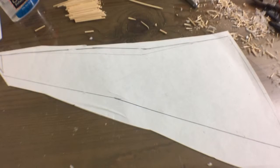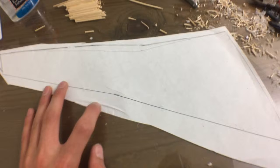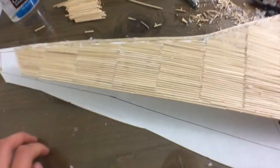Alright, so I have gotten a lot done. It might not look like it, but let me tell you, I've gotten a lot done. Now this is the outline. This is what the drawing looks like for the outline of the wing. And this is the wing I did last episode, remember? So